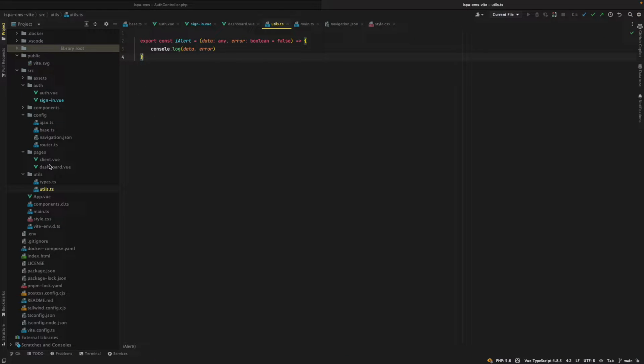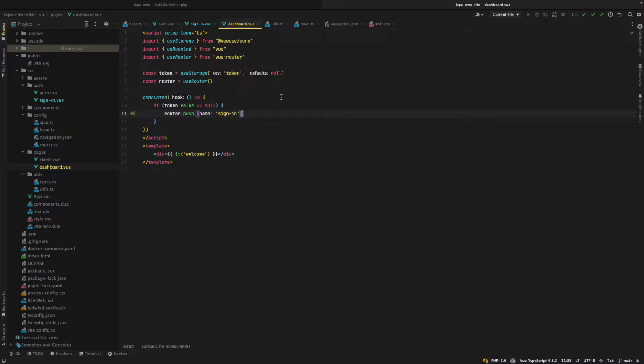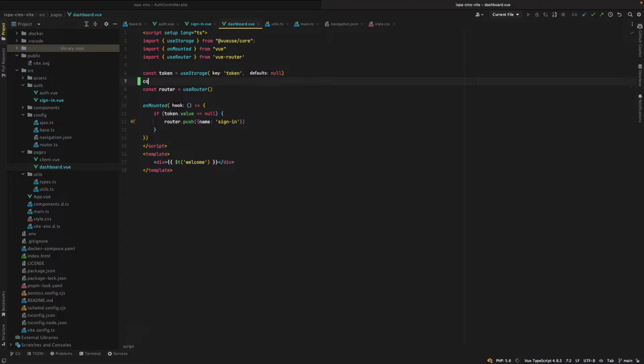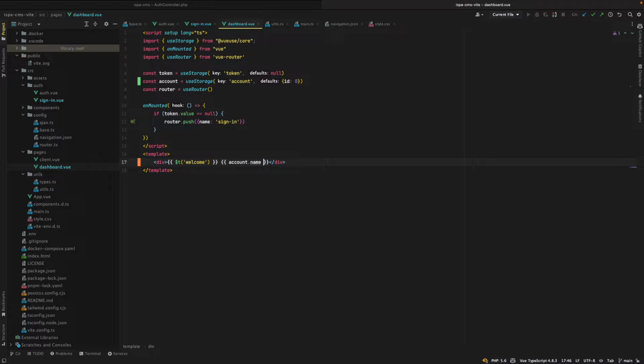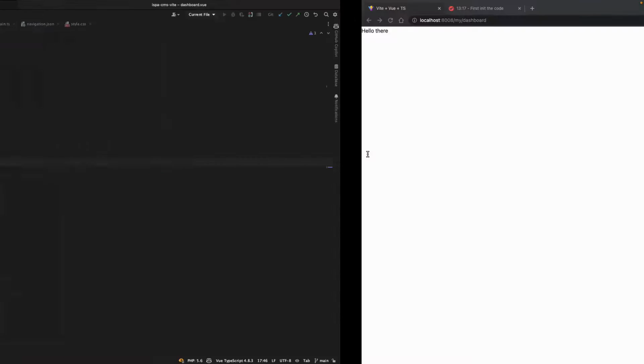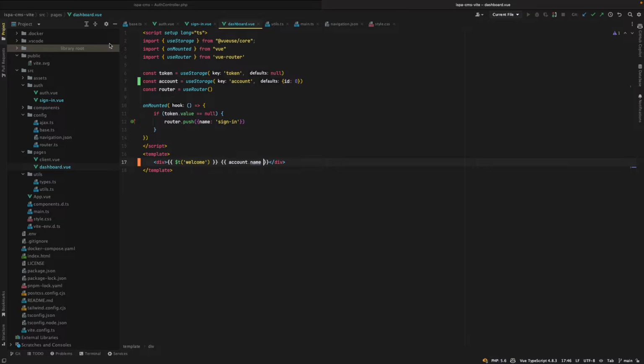Now we try to show the account here, using the store account with the ID, and we have the account dot name. Hello there, iSPA CMS is working. Okay,